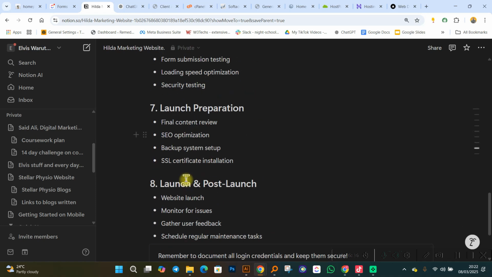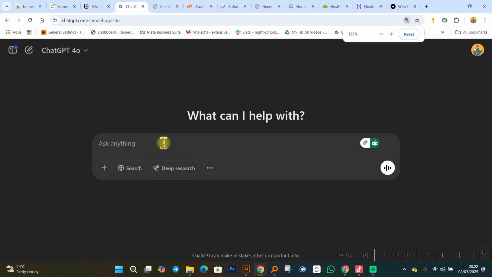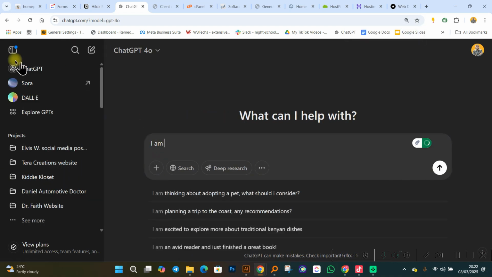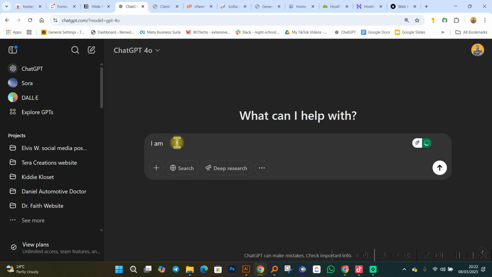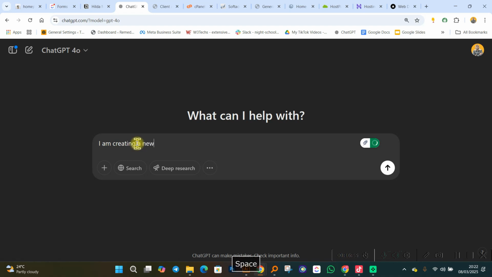Okay. Now, apparently, you can also get to use ChatGPT. I think everyone needs to understand how to use ChatGPT. Like I can come over here in a new chat. I can say something like that. Let me just hide some of this. I am creating a new website for a client.